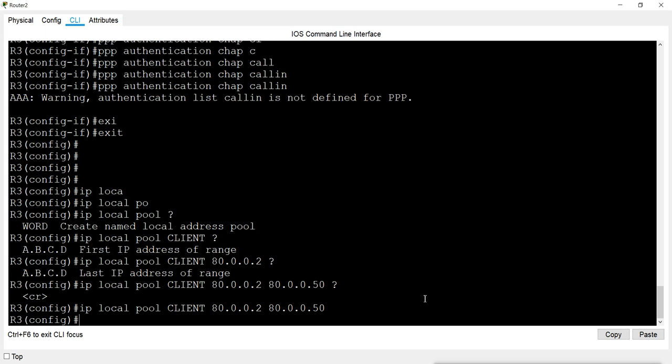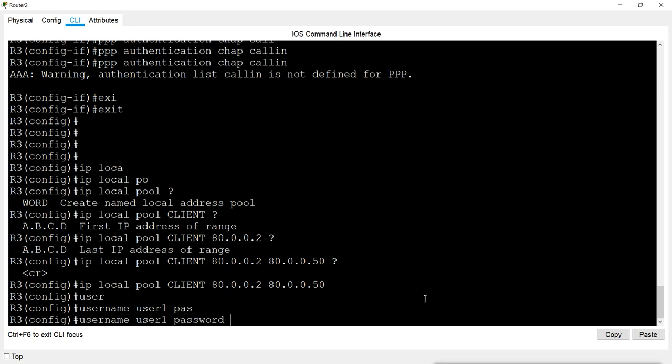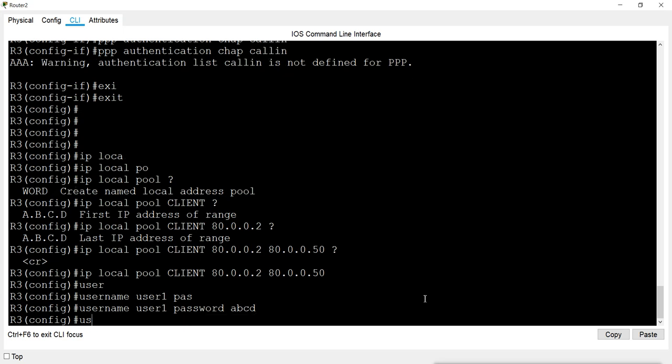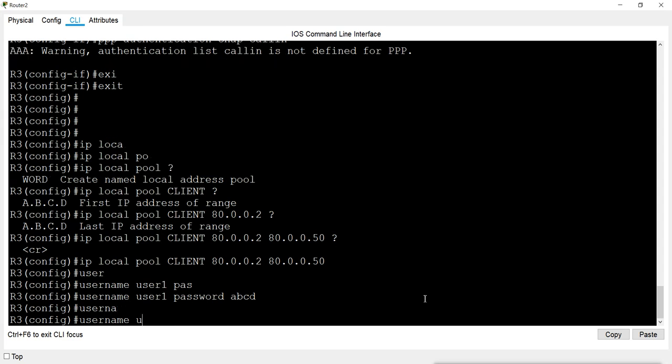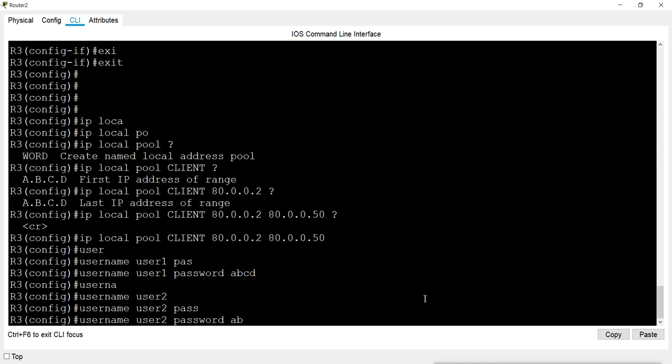So this is going to be the pool. Then you should create the username which you want to allow access to users, to clients, who want to access the PPPoE connection server. So I will mention user 1 and password ABCD. I will create one more user, user 2, password ABCD.